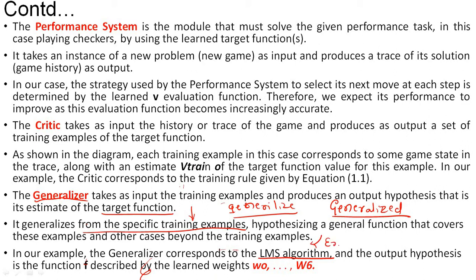Okay, to reduce the error, we have already seen this in the last video. This weight value is generally taken; there is no specific value for that. The LMS algorithm will choose the value, and it chooses the best fit value. So we already know what the best fit value is. This is an example of the generalizer, because there is no specific value for W0 to W6.